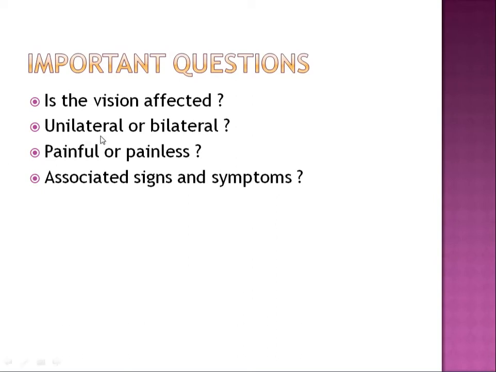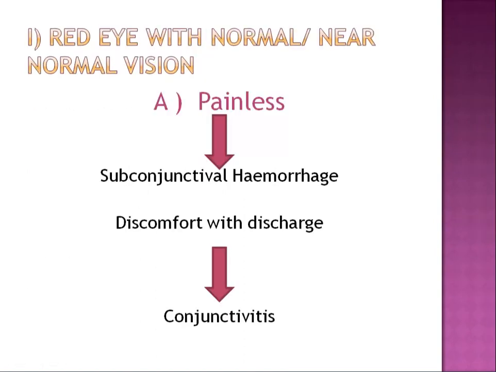You have to check whether it is unilateral or bilateral. In the beginning, we saw unilateral cases like viral conjunctivitis, or bilateral in allergic conjunctivitis, or you can see a unilateral iridocyclitis or a bilateral iridocyclitis, which is chronic. Orbital cellulitis is unilateral, but when it has spread to the cavernous sinus, from there it goes on to the other eye and becomes bilateral. That is also more dangerous. You have to check whether it is a painful or painless condition. We'll see all this. And most importantly, what are the associated signs and symptoms? We'll look at this.